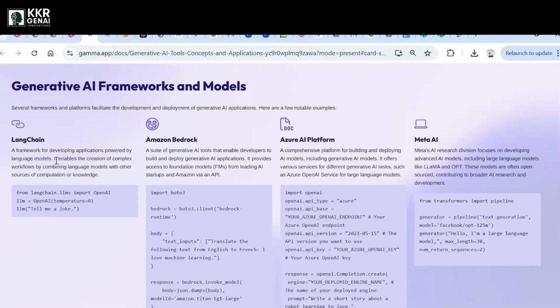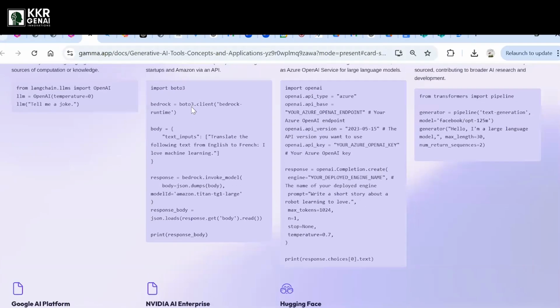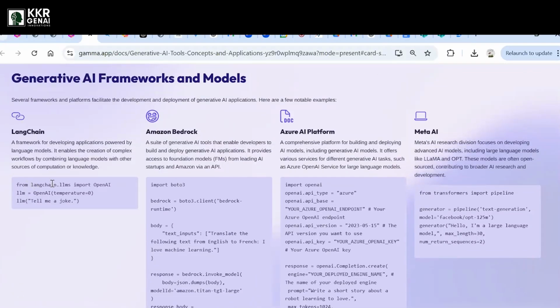Okay, this is a powerful framework which we use for loading all the LLM models. It might be Amazon, it might be Google, it might be Meta, it might be some other third party tools also, like Claude AI, which we have seen, that is one of the third party tools which you can implement with the LangChain framework as well. Okay, this is the code which we'll use. Okay, from langchain.llms import OpenAI.